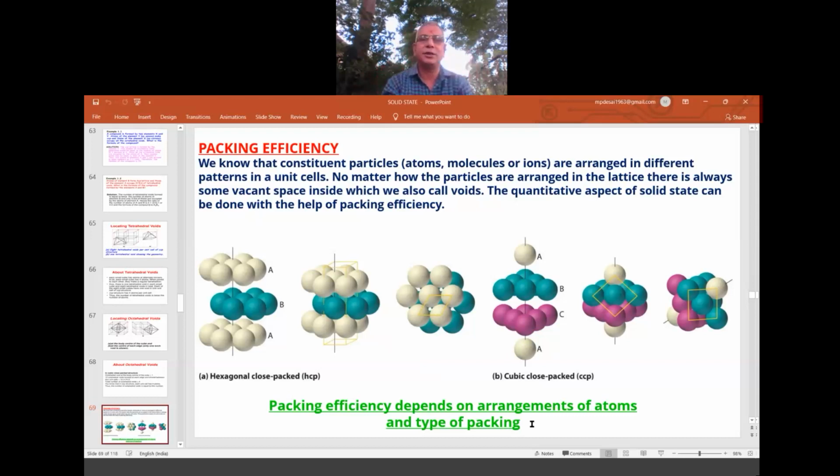So it is easy to calculate how much packing is there using some formula, avoiding the gaps. So what is packing fraction? Packing fraction is out of the total space available. Now, for example, you take one box, one bucket. In the bucket you put some 20 balls, small balls. First you calculate the volume of the bucket. That is the space available.